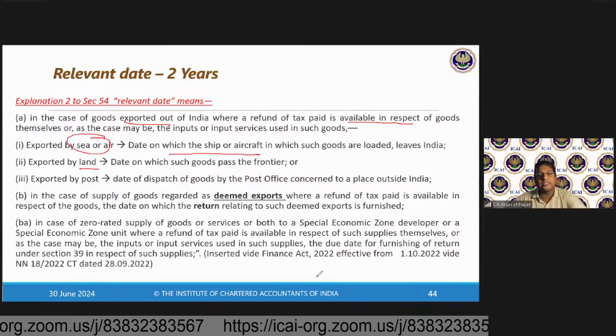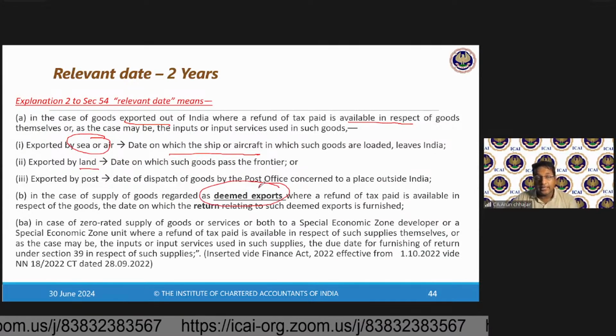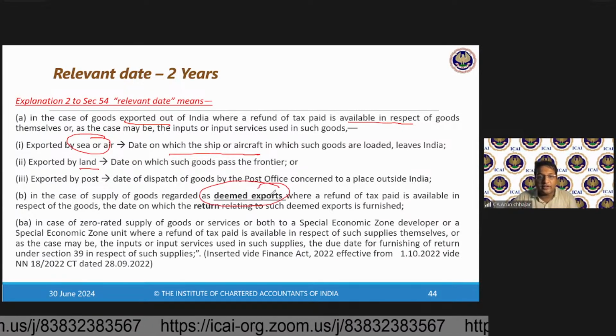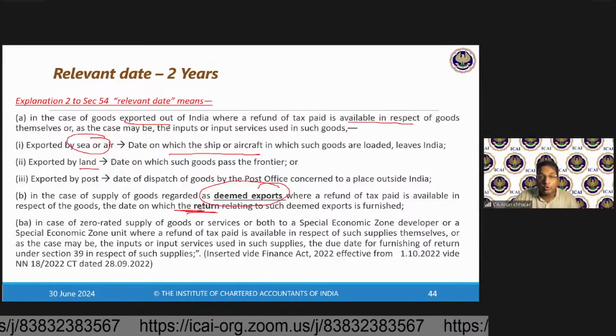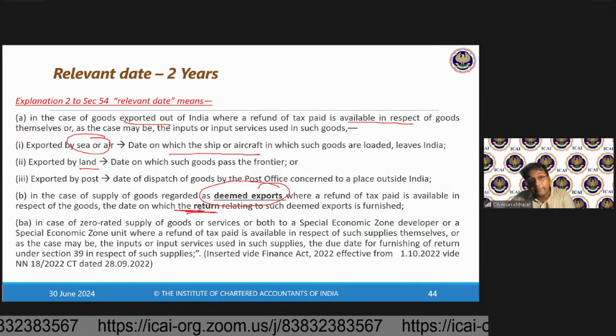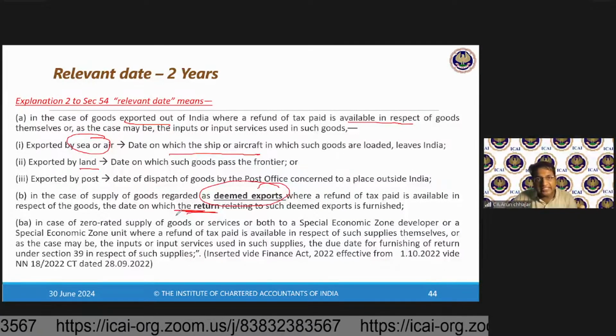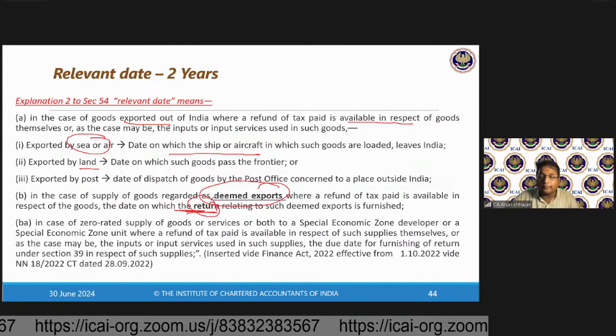If it is by post, then the date of the dispatch. In case of the deemed export, the 2-year period for a refund would be counted from the relevant date. And what is the relevant date? GSTR 3B. Then there was a question which is being clarified by the CBIC that suppose in case of the